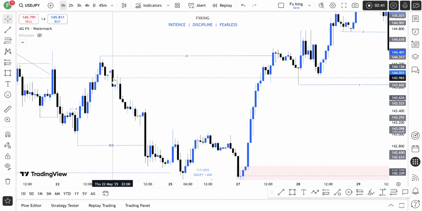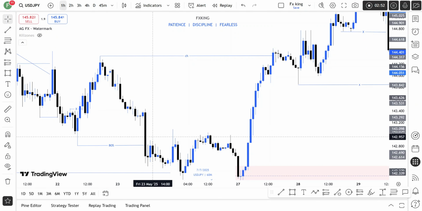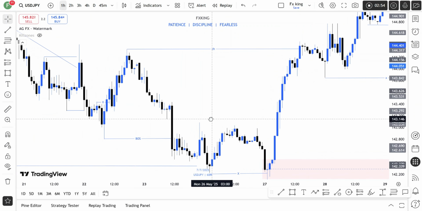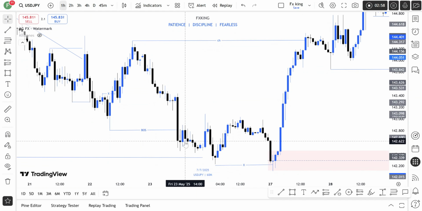So now let's say we come back here, right? Let's say we had a break of structure here. This is a break of structure, but it's not valid on this time frame. I mark this structure using a 30 minutes time frame. So let's say we had a break of structure here, and the market was somewhere around here, right? So this will be our minor